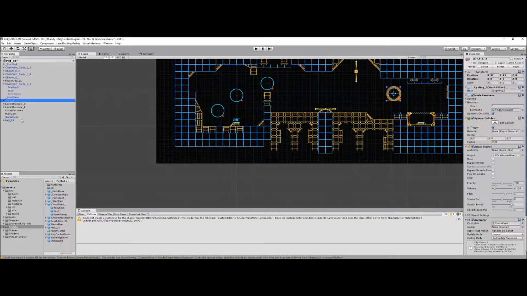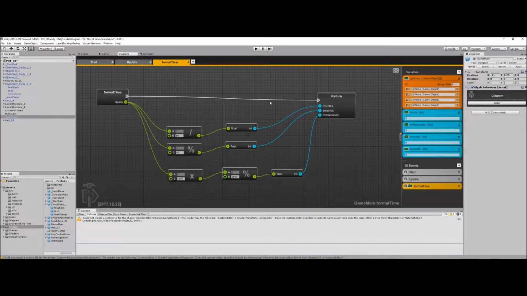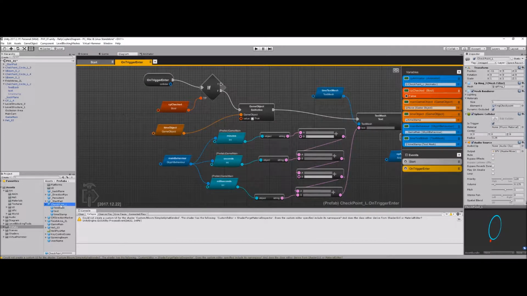So if I click back to my main game object, I'm going to fill these in the correct order. The first one was 2, the second one is 3, the next one is 4 with the long name, and the last one is 4 with the short name. So these are now in order, and I want to not be able to collide with them until I've activated them correctly. So I'm going to go into the checkpoint prefab down here so it propagates to all of these,